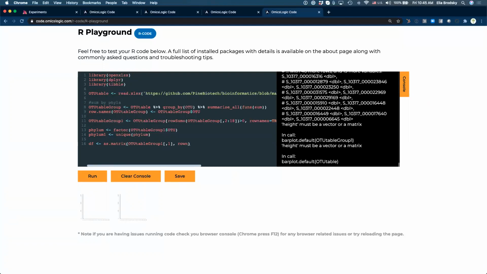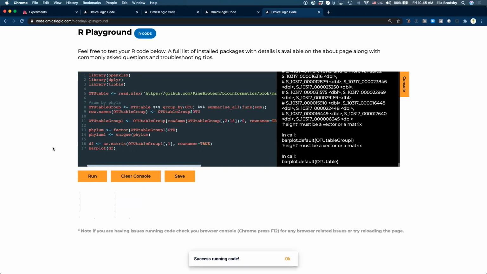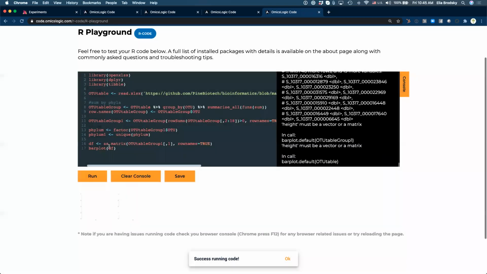And row names equals true. And now we can bar plot our OTU table group 1, or DF, right? Because we changed it. Okay, what happened here? OTU table group 1.